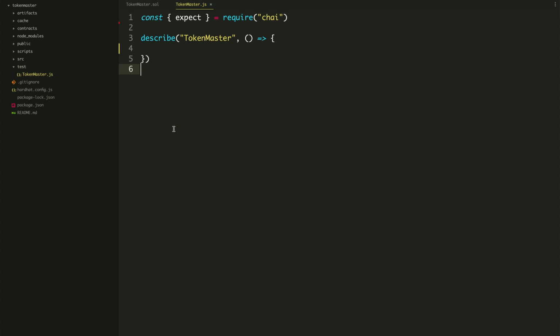All right, so what we're going to do here is write tests inside of JavaScript. Testing is really important with smart contracts because it doesn't work like Web 2 development or mobile development, where you essentially can just create smart contracts and put them out into the wild and then fix bugs as you go. Smart contract code is immutable, which means the code cannot change, out of the box. So that means it's really important to test your smart contracts so that they work properly before you put them